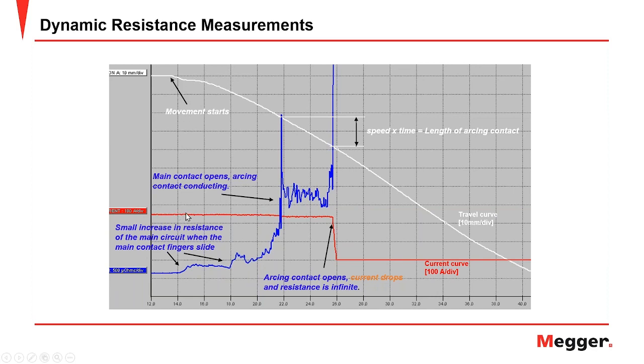As I said, we have current through the main contact being measured, and we have voltage and resistance calculated across the main contact. So no movement, no variation of the contact resistance. When the main contact starts to move and